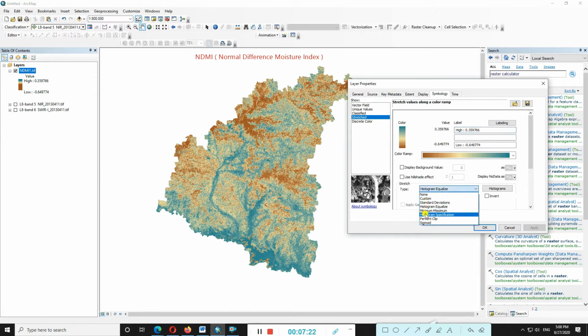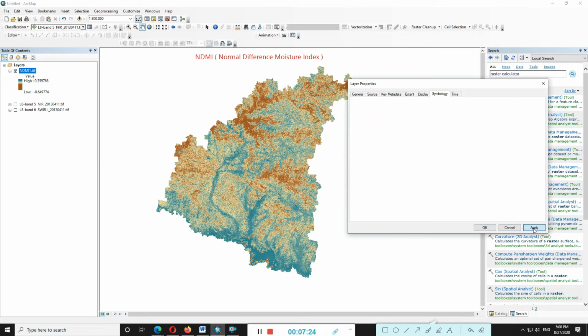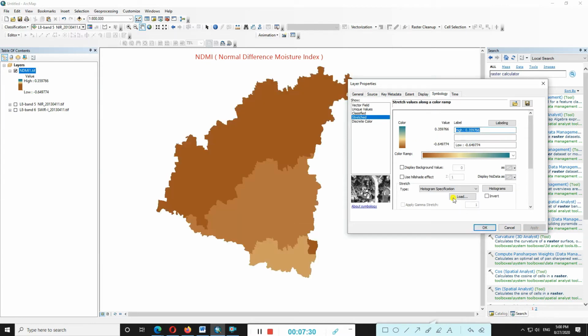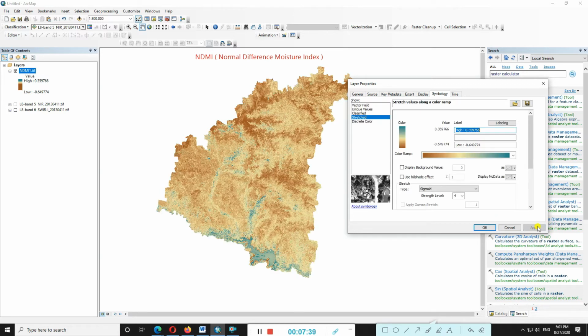Then we apply minimum and maximum. Next option, histogram specification, which divides by shape. For the last option we apply sigmoid. I think sigmoid gives a better result.